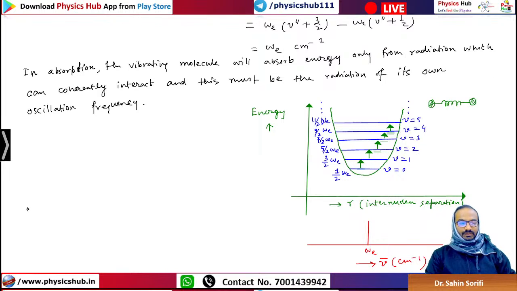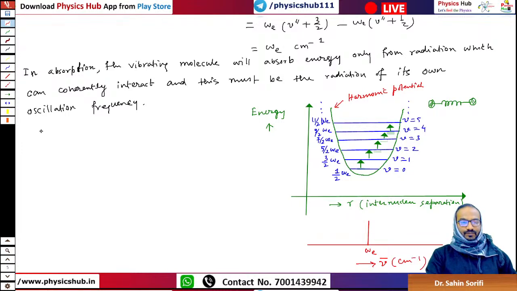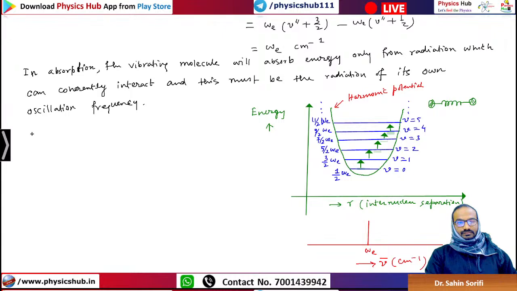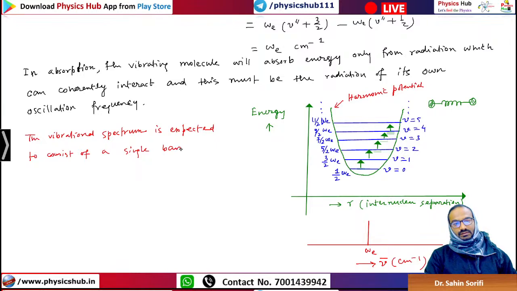Okay. This U-shaped curve is known as harmonic potential. Half k x square, you have already known this. The vibrational spectrum is expected to consist of a single band at omega e